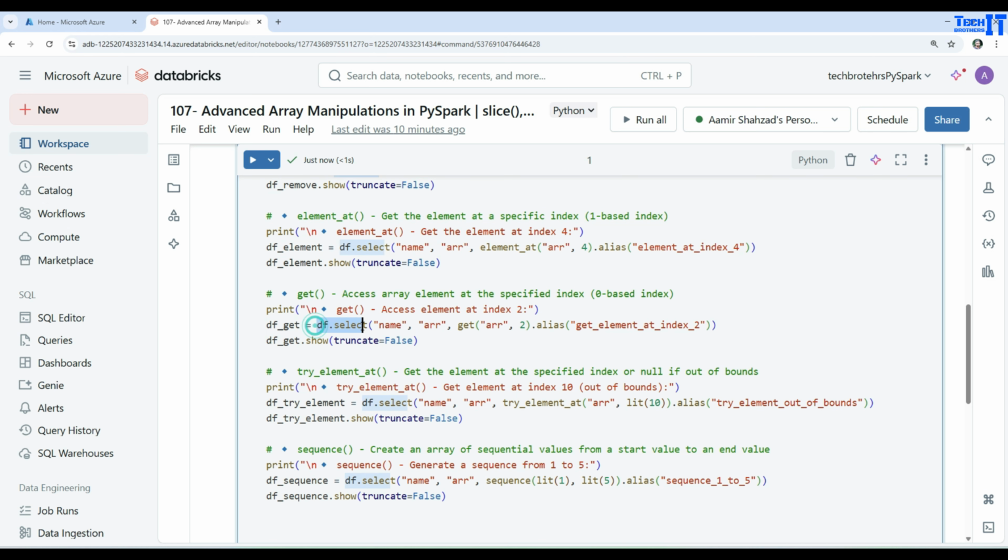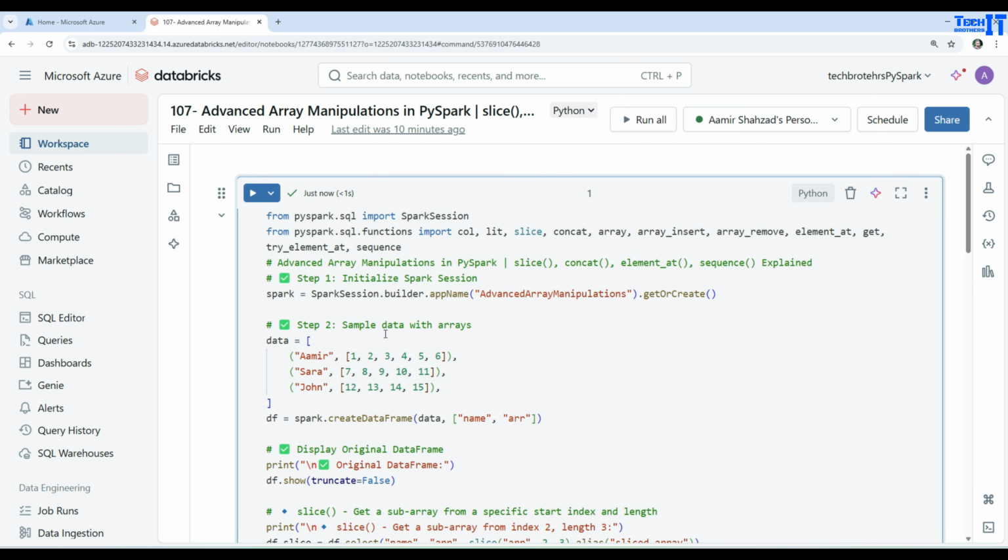We are selecting the data from our df data frame, providing name, array, column, and then using get. We are providing the name of the column, which is array type. Now, from which position would you like to get? On position 2, get the element at index 2. But it is 0 based, so this is index 0, this is index 1, this is index 2. So in this case, as we are getting the element at index 2,